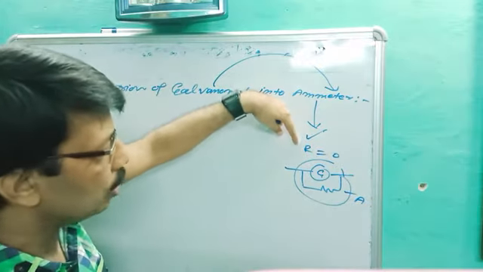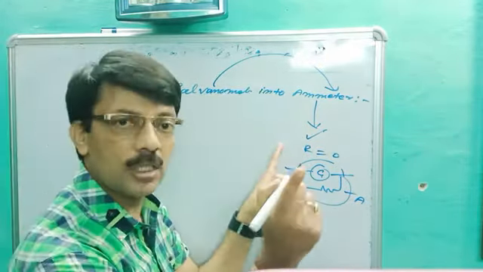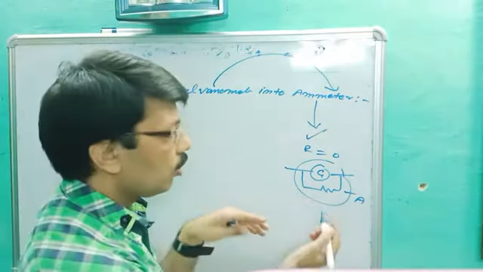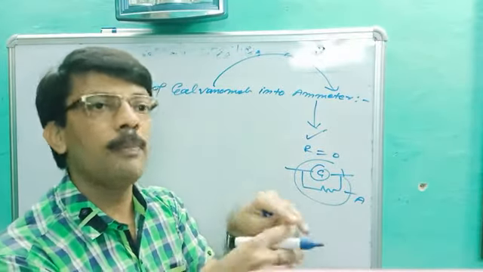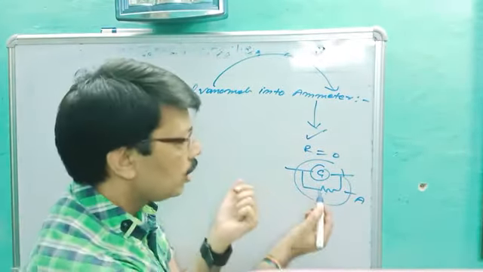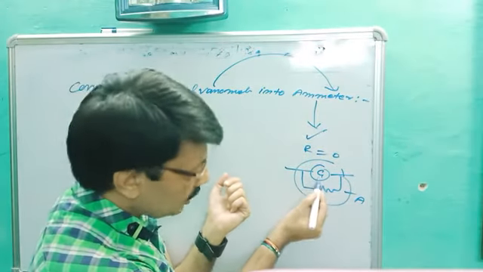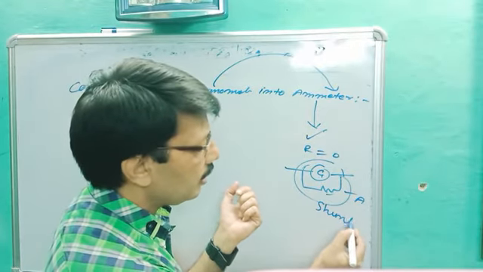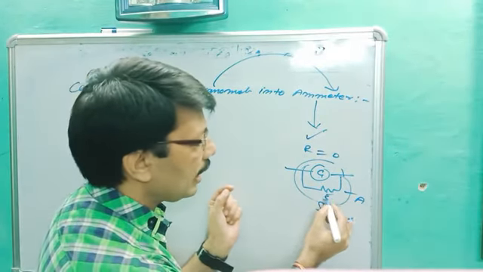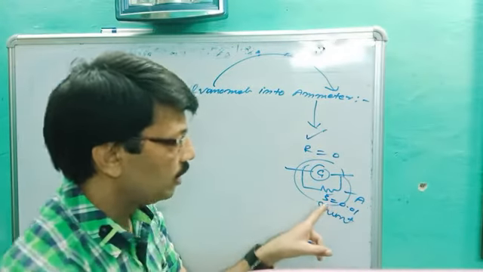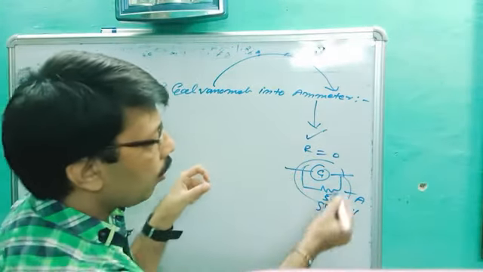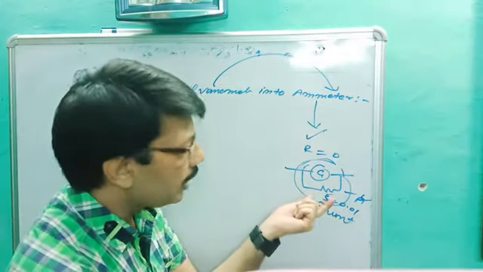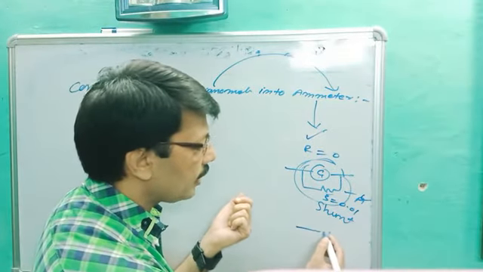Our aim was, the ideal ammeter resistance should be 0. It is not possible, but we can decrease the resistance. So how can you decrease the resistance? In 10th standard we studied that in parallel combination we can decrease the resistance. So if we connect a resistance with the galvanometer in parallel combination, this is called a shunt, S-H-U-N-T. If you put a resistance such as S equal to 0.01 ohm as the shunt in parallel combination, then the whole device becomes an ammeter. And since it is made by parallel combination, it should be connected in series.